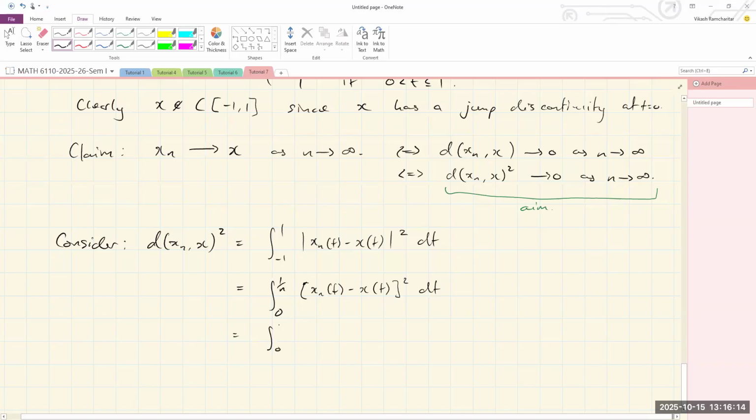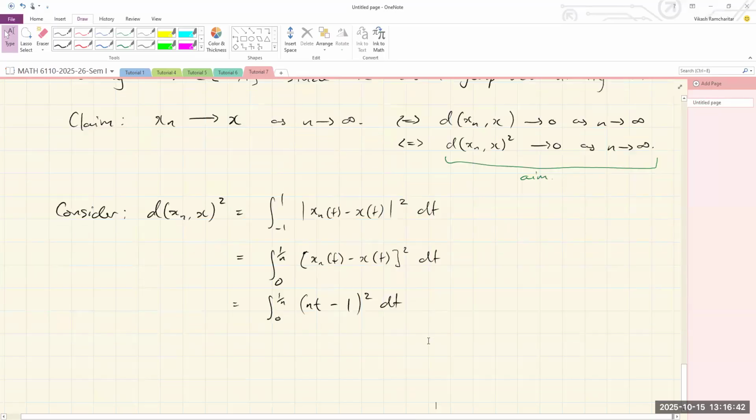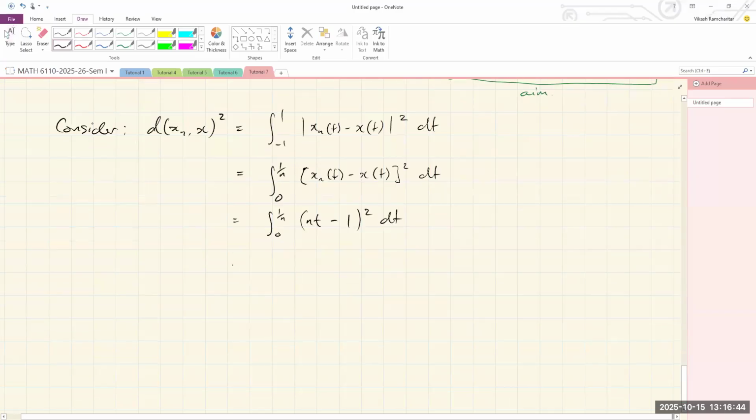Okay, and now we could just write down what these functions are. So from 0 to 1 over n, xn, we know looks like nt. And from 0 to 1 over n, well, the limit function is either 0 or 1. So from 0 to 1 over n, the limit function x is just 1, squared dt. Right, and again, do we integrate this? No, we didn't integrate this. Okay, so the integral of this,